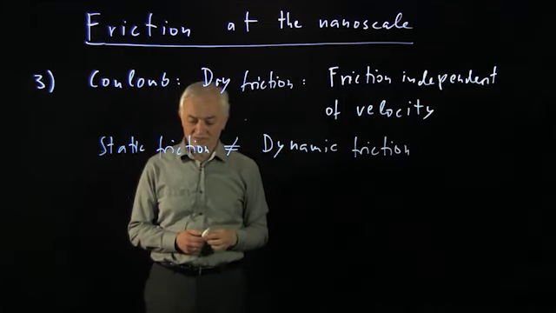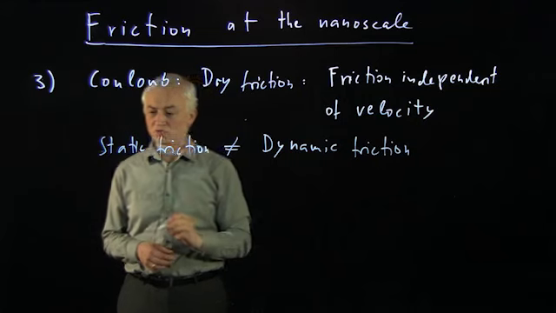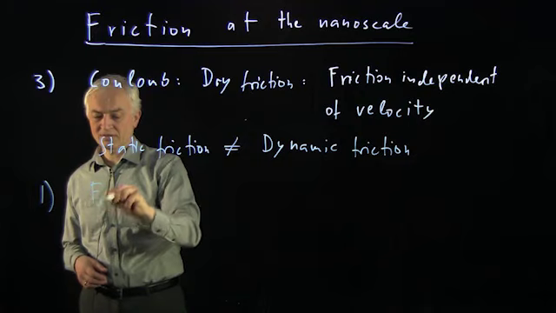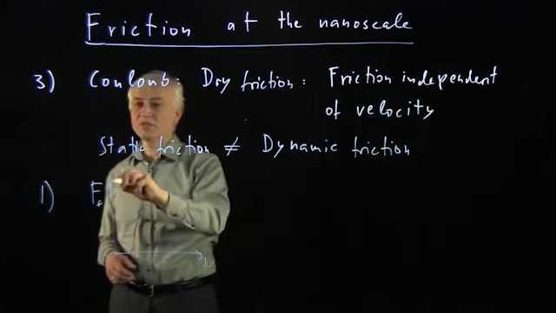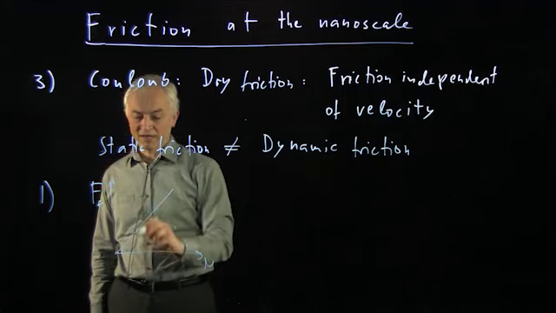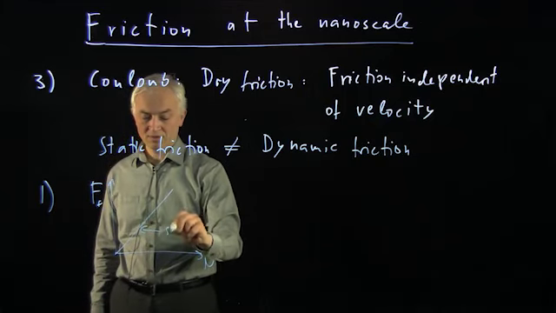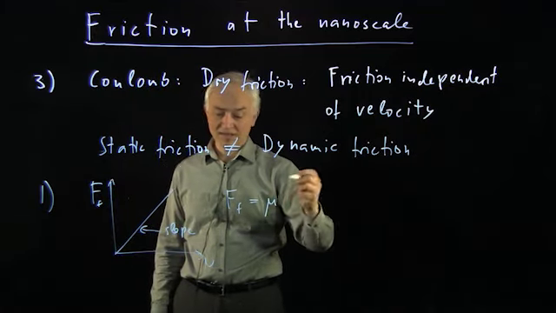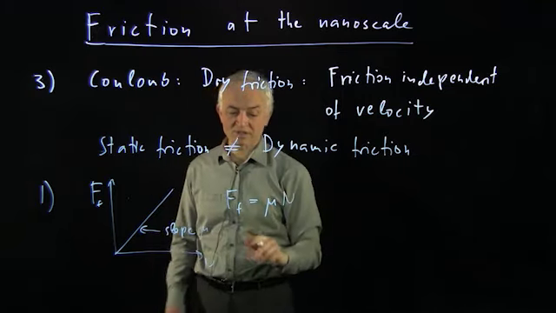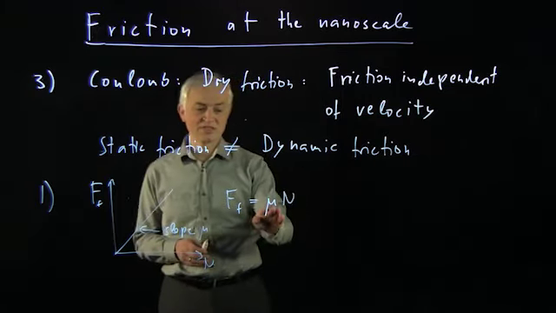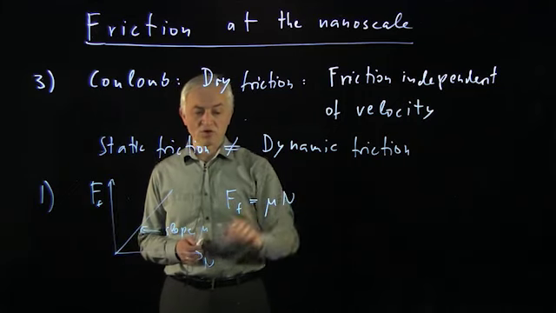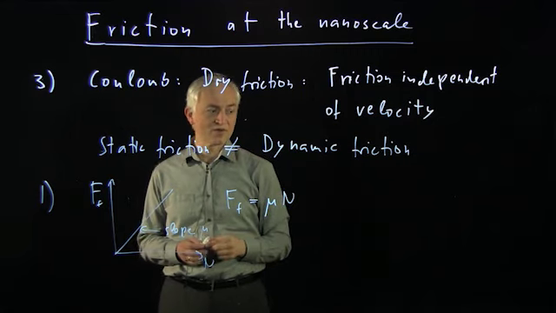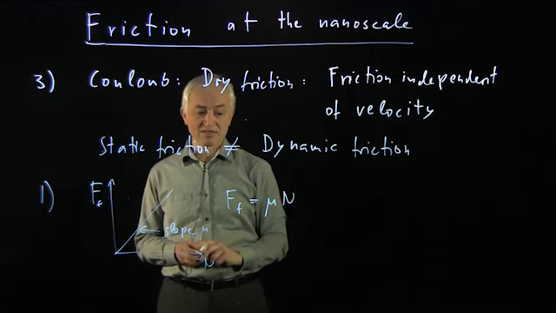And because we have this law that says that the friction force is proportional to the normal force, I will remind you of the first law, the friction force being proportional to the normal force, like so. We can define a slope. So we can write the friction force as some slope mu times the normal force. These are both forces, so they have the same units, which means that the so-called coefficient of friction, which could be either for static friction or for dynamic, kinetic friction, is just a number.